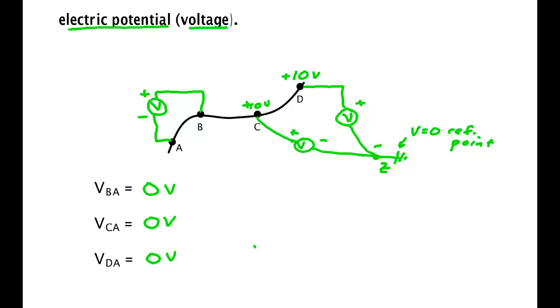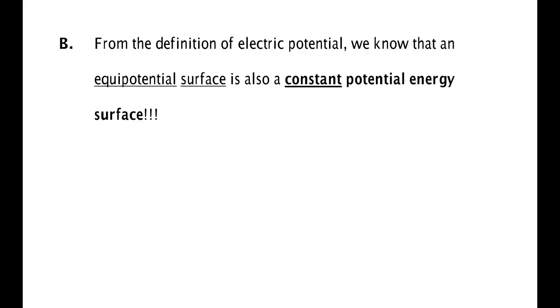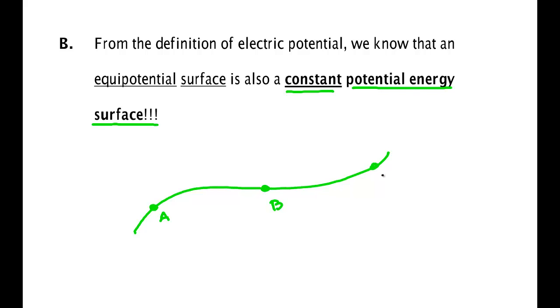Now, if it has equipotential, and we multiply by Q, then we're talking about potential energy. So from the definition, an equipotential surface is also a constant potential energy surface. That means that the potential energy of an object as it moves along this surface will not change. So there's point A, and there's point B, and there's point C. So if you were to put a charge, say right here,